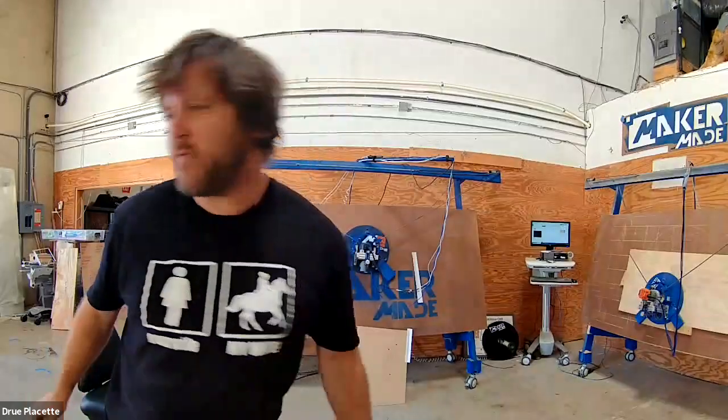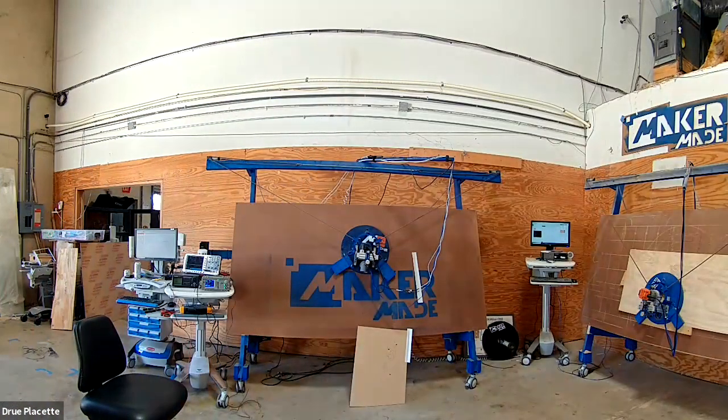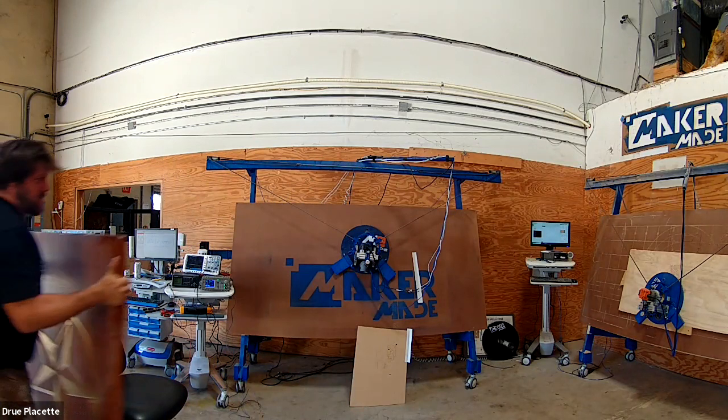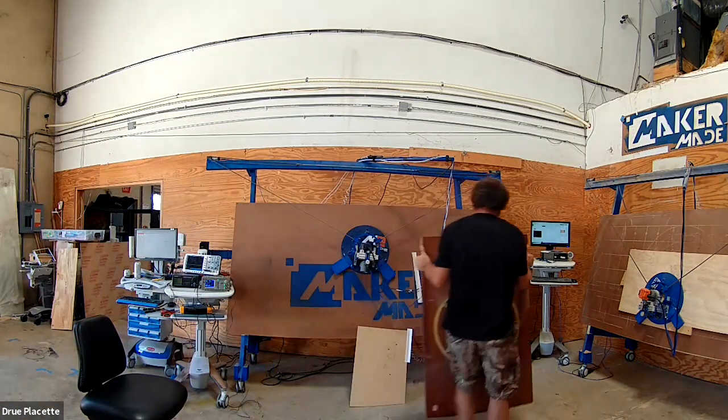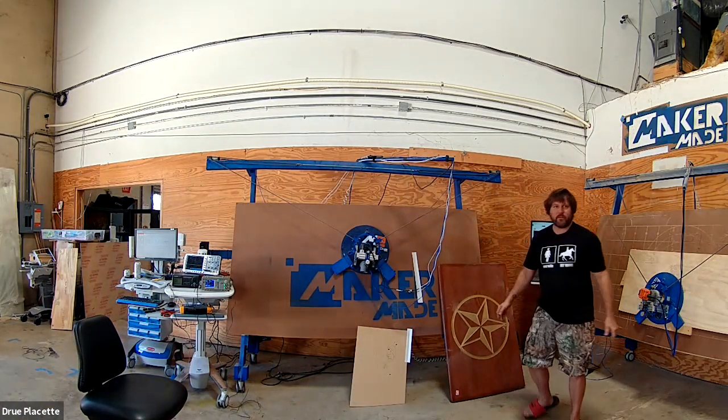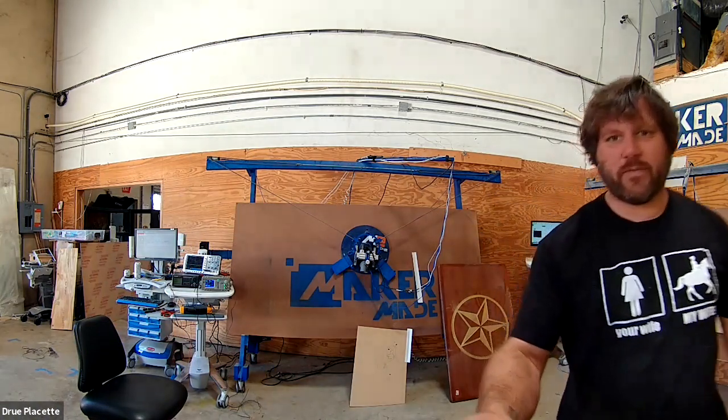I've got a tabletop over here I can show you offhand. Kind of fun. I took it on the table and did a Texas star, just for fun. So nothing fancy, but